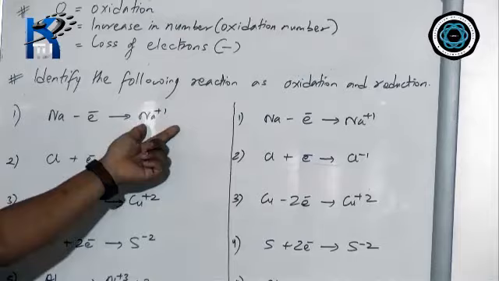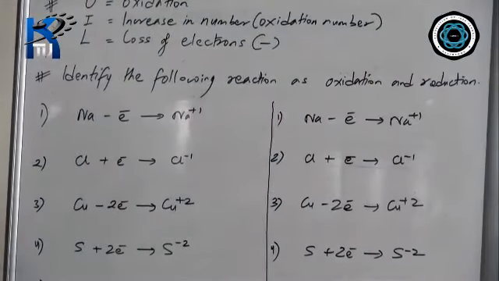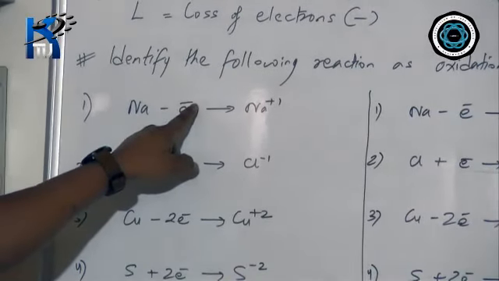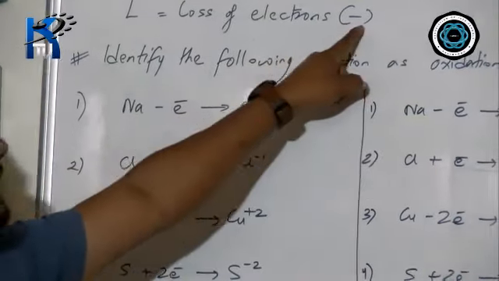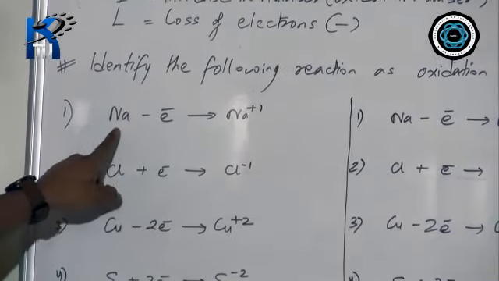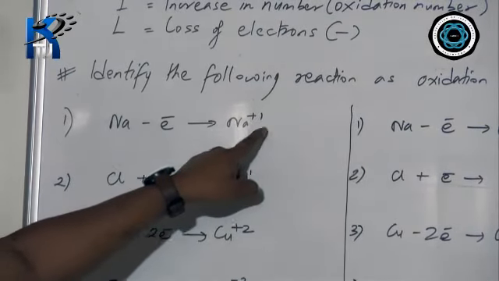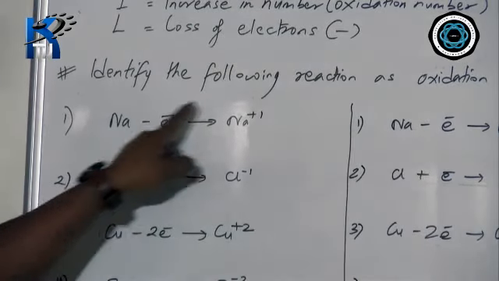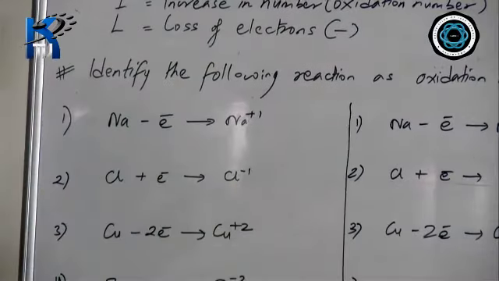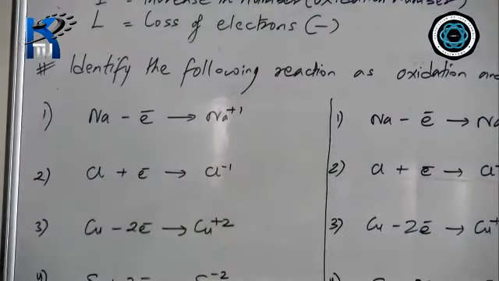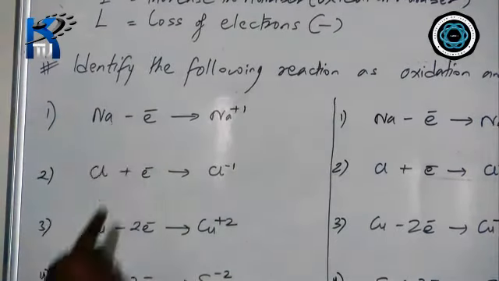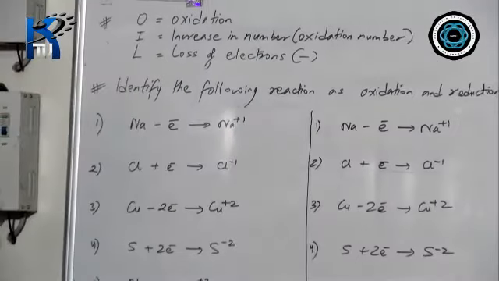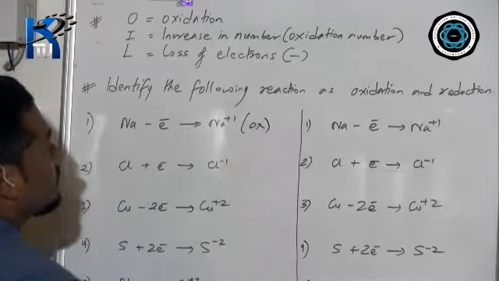This is the reactant, the other side is the product, separated by the arrow sign, and this e means electron, with a negative charge because electrons are negatively charged. This minus means loss. So sodium loses 1 electron and becomes Na plus. 1 loss, 1 positive charge it will acquire; 2 loss, 2 positive charges; 3 loss, 3 positive charges. Right now it is losing 1, so it will develop 1 positive charge. There is loss of electron in this reaction, and loss of electron means oxidation. So this is an oxidation reaction.